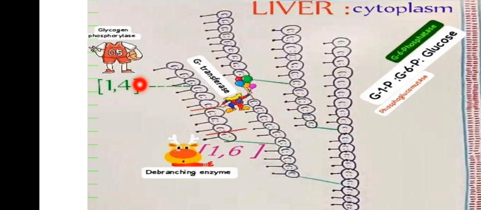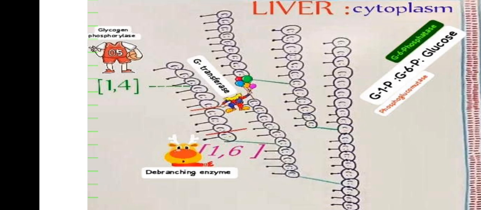What have we said? Glycogen phosphorylase sprinkles the phosphate groups onto the alpha 1,4 glycosidic bond of this particular chain. Then it's going to release glucose 1-phosphate. Why? Because the phosphate group is being attached on C1. Then since it can't go beyond the fourth glucose molecule in this chain, glucan transferase is going to come and transfer a trisaccharide unit onto another branch. Then you just remain with one glucose molecule. This one, since it's still attached to a branch, the debranching enzyme is going to break the alpha 1,6 glycosidic bond, and you release your free glucose molecule. So that's how